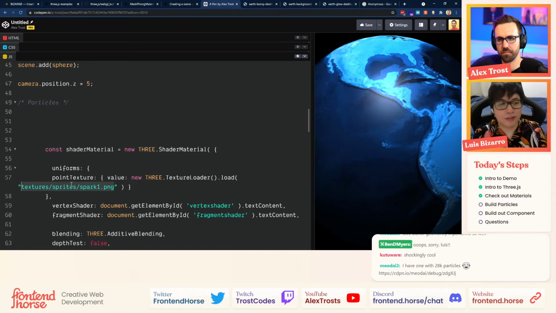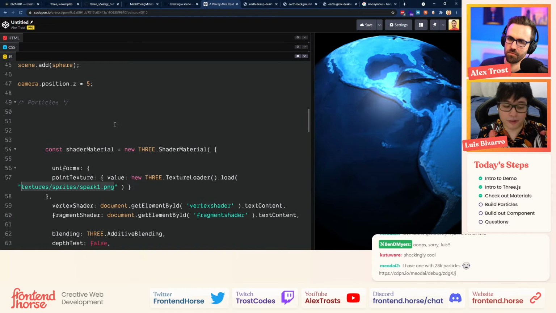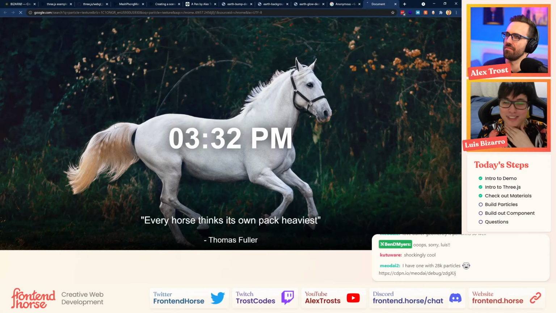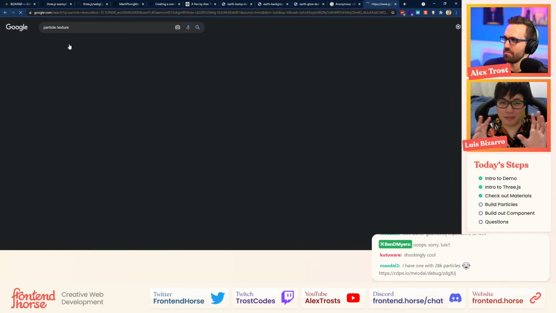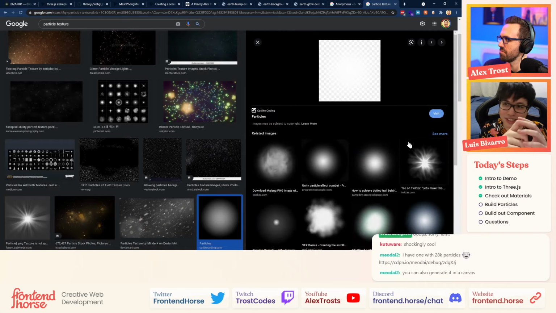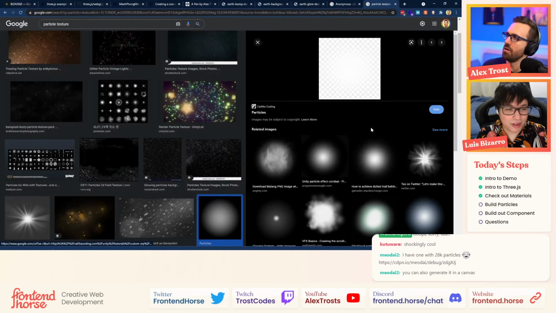I think we can. There's one thing that is useful for everyone that needs to find assets. You can literally Google search for particle texture, and you're going to be able to see some PNGs. Usually they are black and white. You can keep this one, which is basically just a PNG that you can use to display the particle.